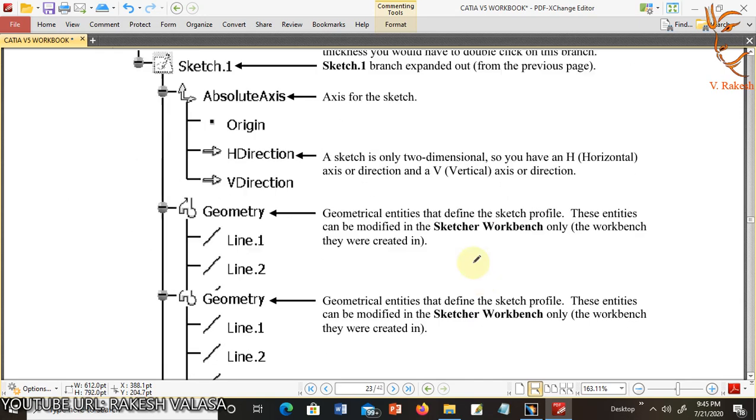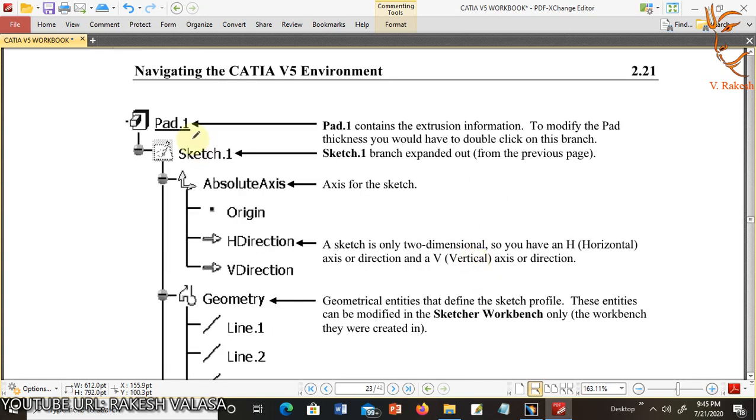In its sub branches, pad. Pad 1 contains the extrusion information. To modify the pad thickness, you would have to double click on this branch. Sub 1 is sketch 1.